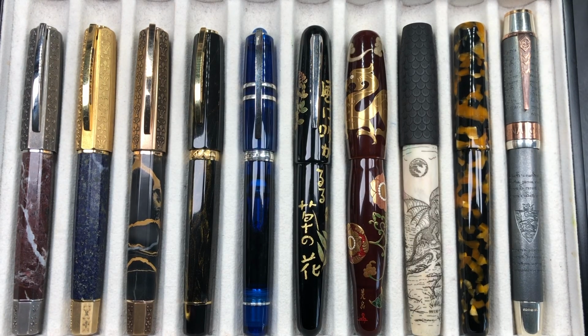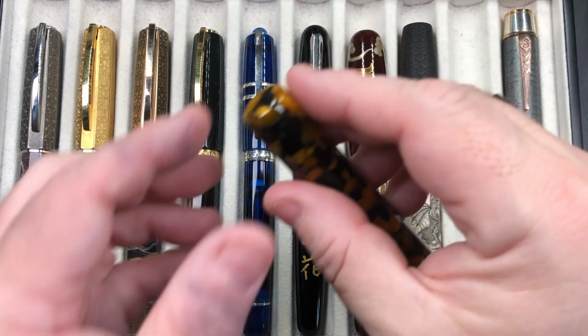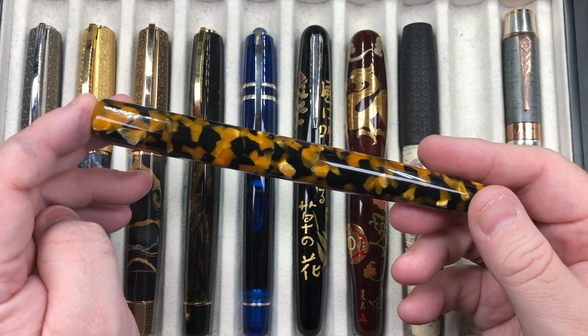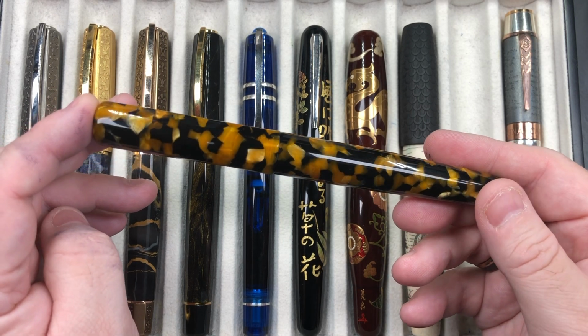It doesn't bother me as much as maybe the Danitrio does, but there are more threads than I would expect. The next pen here is a pen made by Sean at the London Pen Company, and this is a Christopher